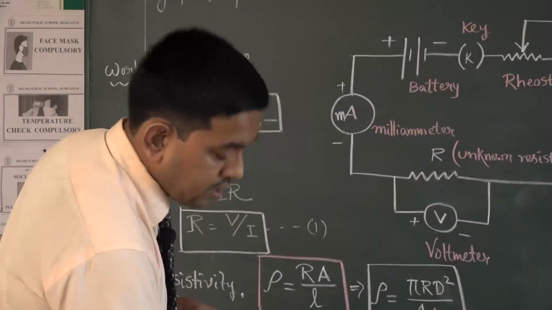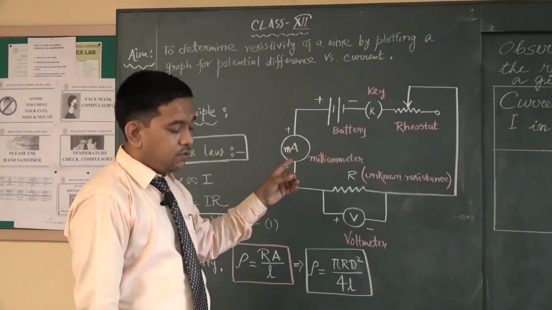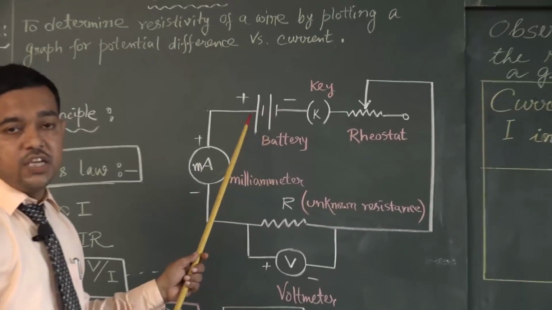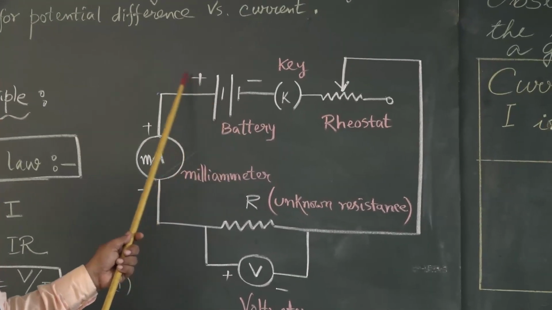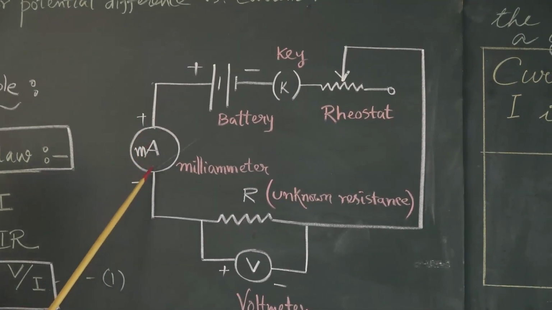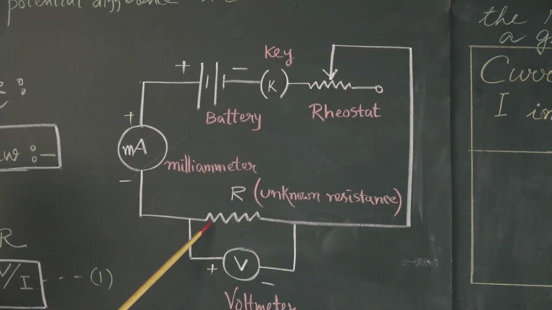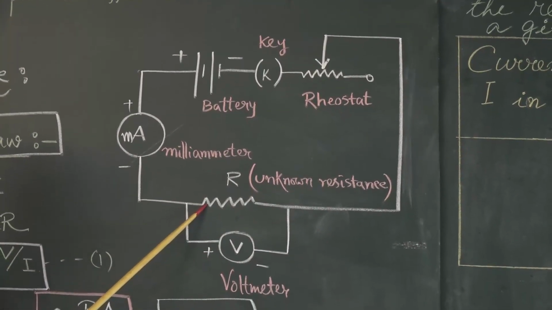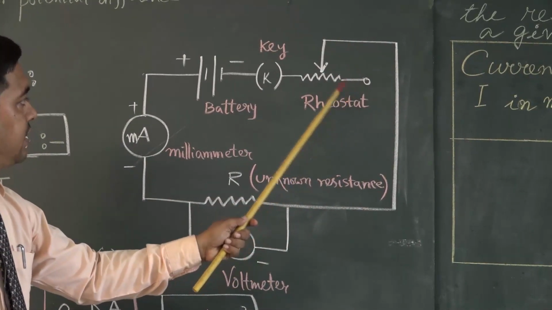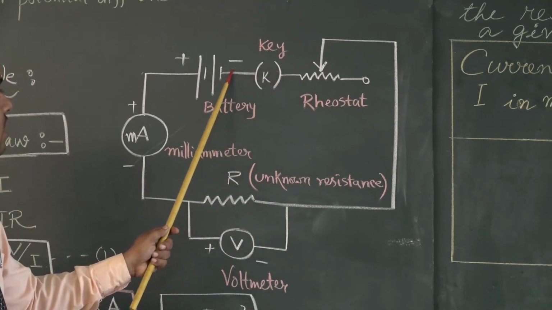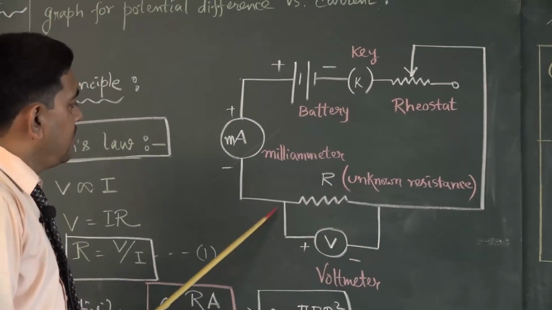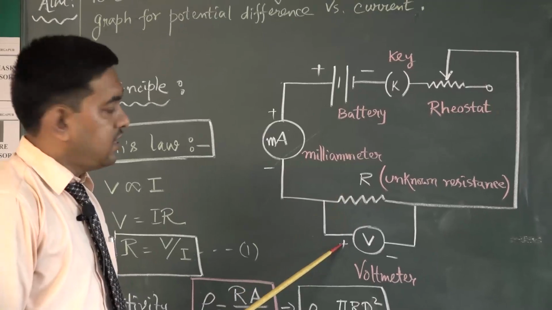So these are the required circuit elements which are used in the circuit. Now let me show you the circuit connection. If we start from the positive terminal of the cell, it is connected to the positive terminal of the milliammeter, as you can see in the circuit. Then with the negative terminal, we connect one end of the unknown resistance, and another end of the unknown resistance goes directly to one terminal of the rheostat, then rheostat to the key, and then key to the cell negative. Now a voltmeter is connected in parallel